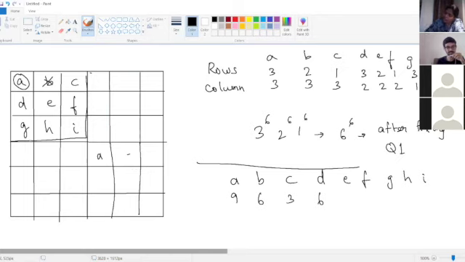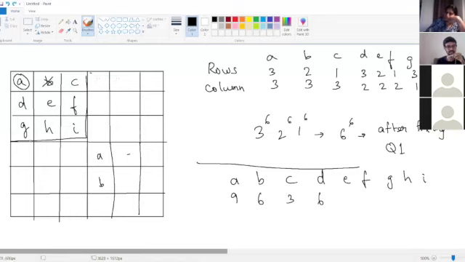Shravan, so you're saying that the images of A and B cannot be in the same column in Q4? Why is that? Then there will be multiple vertices in the same box. Got it. Got it.